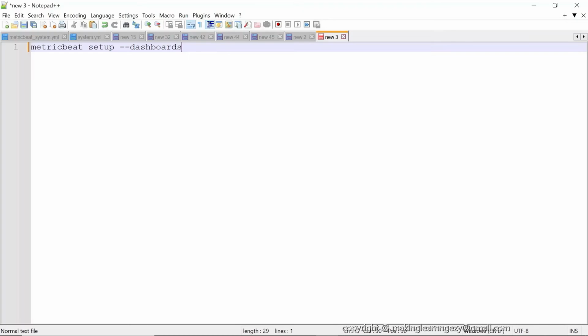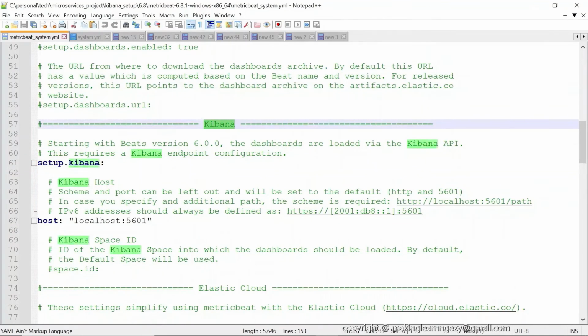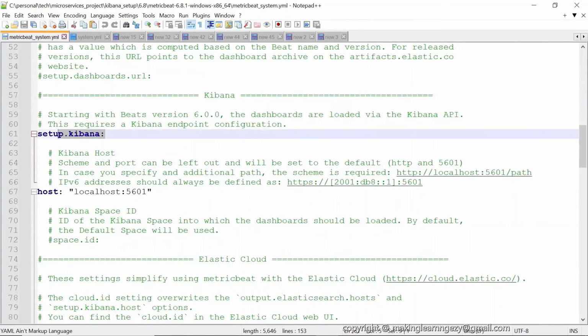The Kibana endpoint we already configured when we were configuring the MetricBeat configuration file. So let's check again. This is the MetricBeat configuration file, and in the Kibana section you need to enable this, and in host you need to mention the localhost and the port number on which Kibana would be running. So basically the server IP.